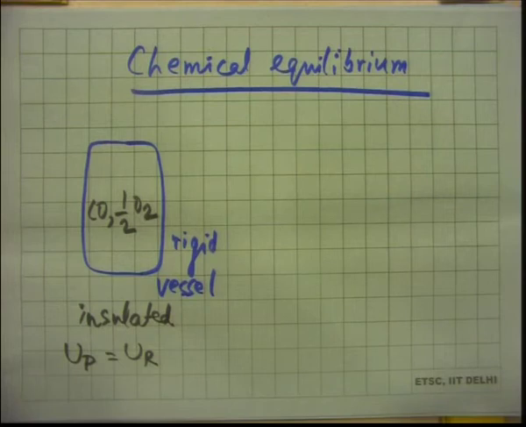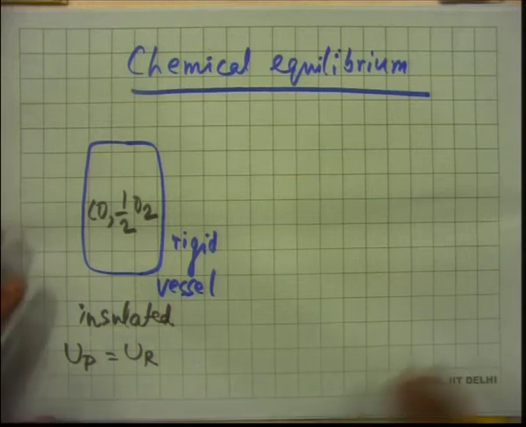Now, what will be the final state of the mixture? The initial mixture is 1 kilomole of carbon monoxide, half kilomole of oxygen. They will react with each other. So, they will burn, they will give something. Again, even though this is a stoichiometric amount, we are not sure that we will get CO2. Is this a stoichiometric amount? Yes, because CO plus half O2 gives you CO2. But we still do not know whether we will get only CO2 as the product. So, what will we get? That is a question that we will try to address.